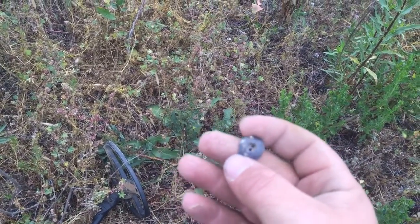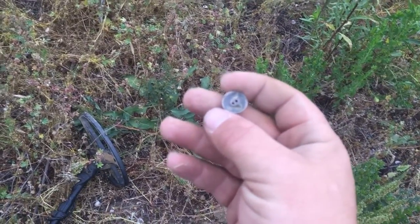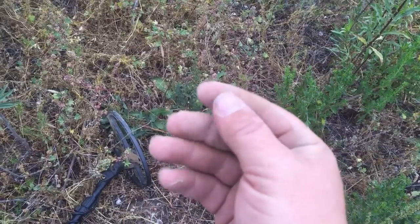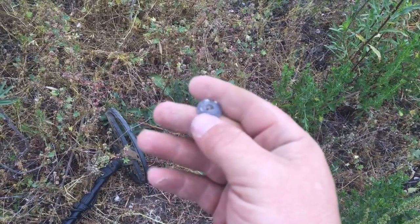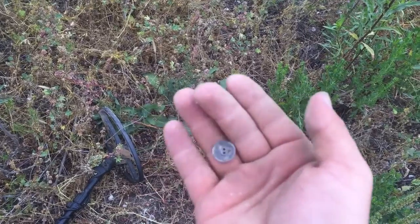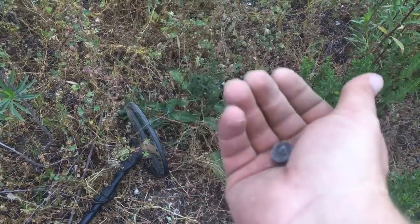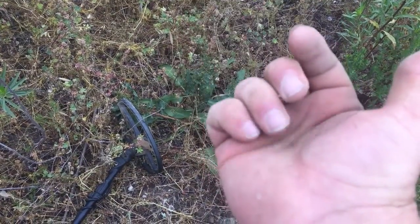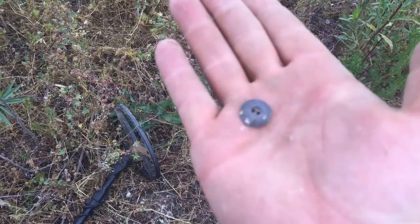Alright guys, so I found this nice little button here. What's weird was it gave like a nice 79-80 signal. So I'm thinking maybe it's aluminum. It probably isn't that old. It's not like brass or anything like that. It was a high tone, so I don't know if it's aluminum or what. It's not silver, so